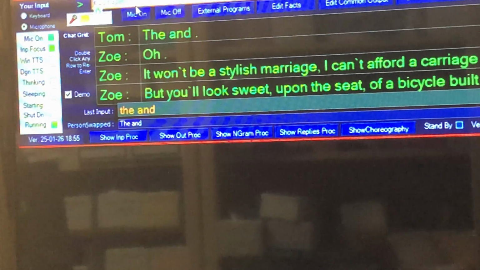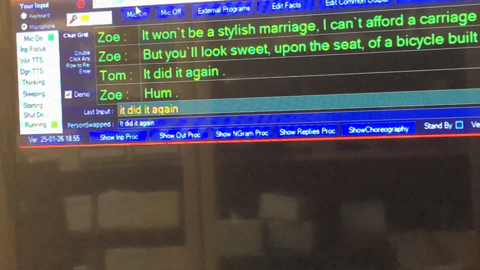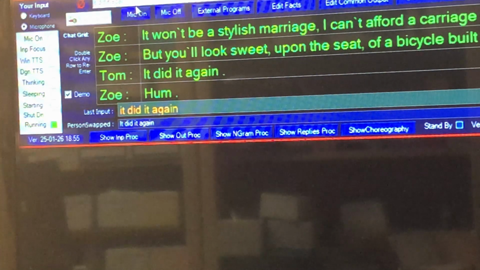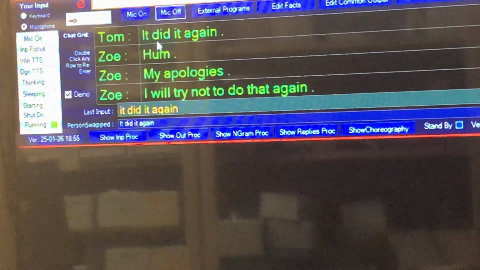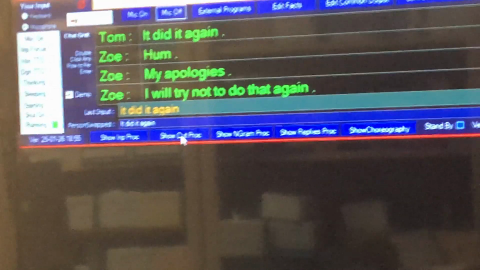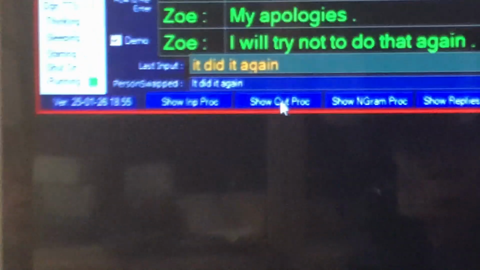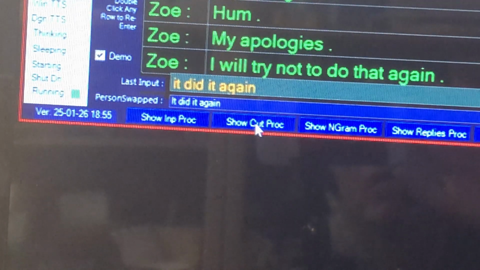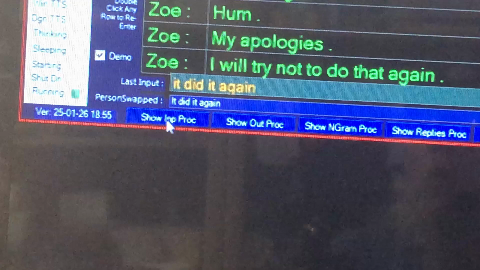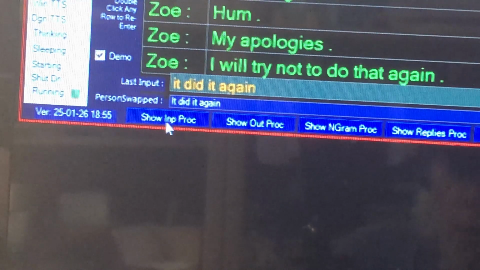So I've got another way to reprogram that. These buttons down here, which are very hard to see, this one right here says show input processor, and since my problem is with Dragon understanding the input, I can